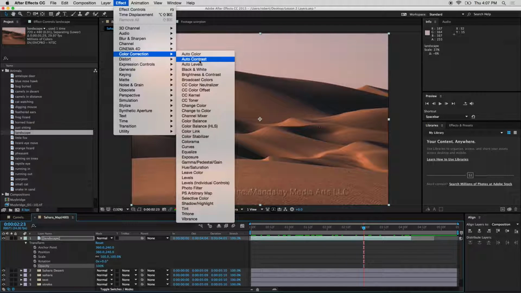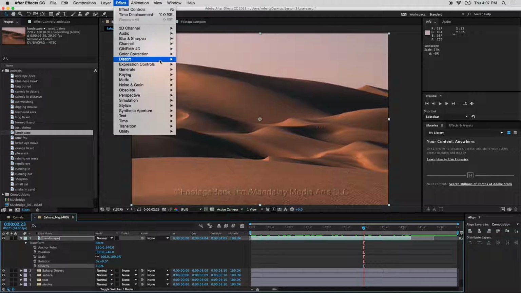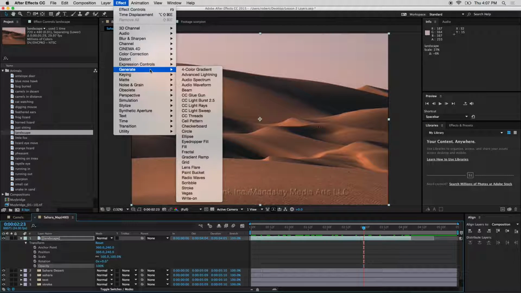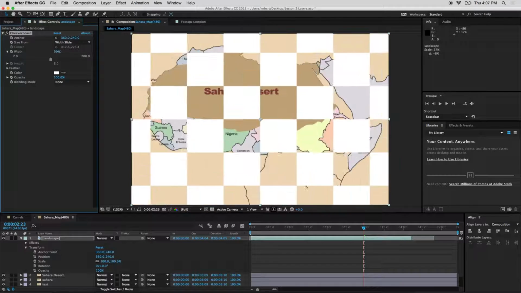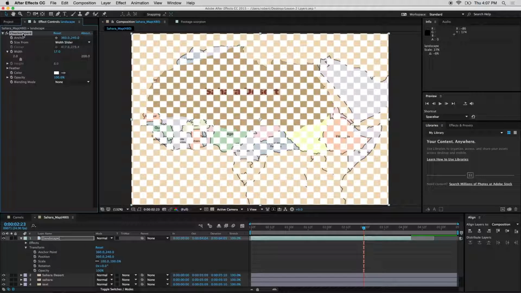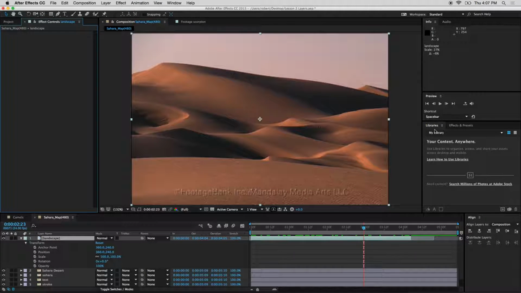So there's effects for color correction, effects for blurring, effects for generating things. Let's generate a checkerboard. I don't even know what that is. That's crazy. Looks kind of cool though. You can change the width of the checkers. But anyway, I'm getting ahead of myself. The other way to get effects, which I think is really convenient,